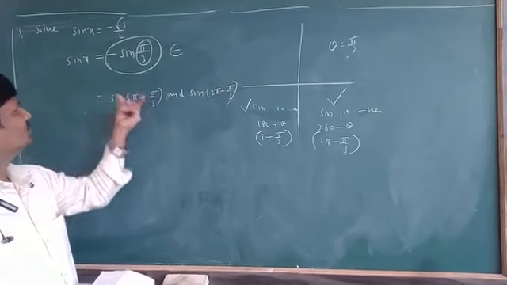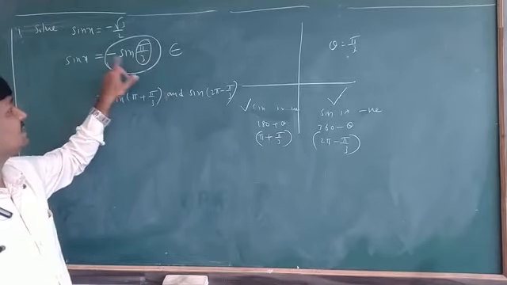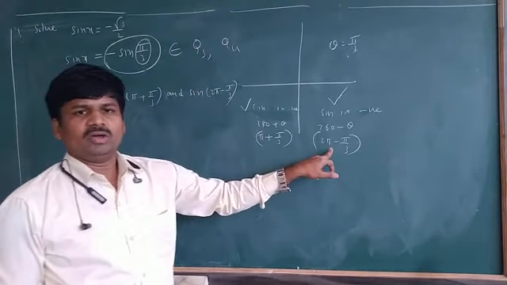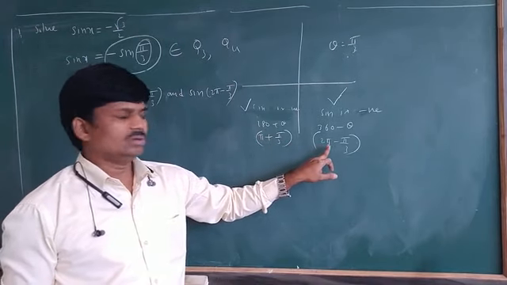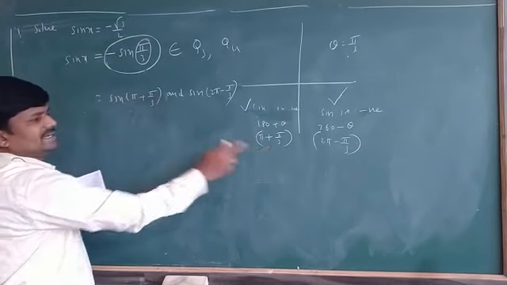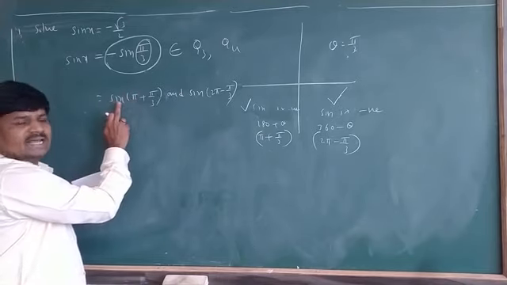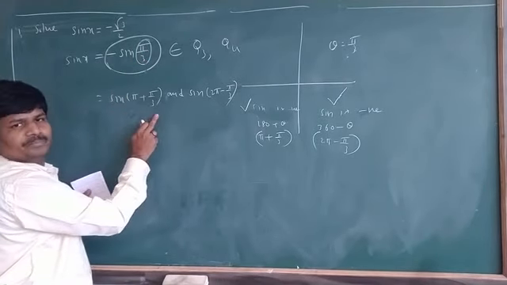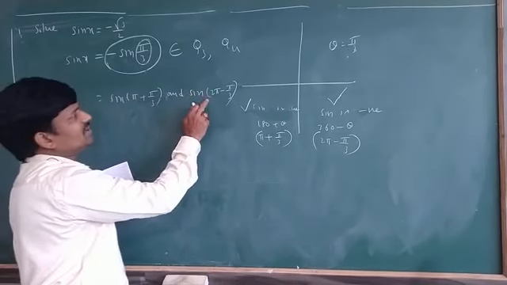Why do we write it like this? Because minus sin pi by 3 will be in Q3 and Q4. Q3 means we have to write sin of 180 plus pi by 3, and sin of 360 minus pi by 3. Just observe here, simplify this value. 180 plus theta, in this quadrant sin is negative, so minus, and sin stays sin only. Sin pi by 3, you will get minus sin pi by 3. You can write like this way and like this also. If you simplify, you will get this value only.